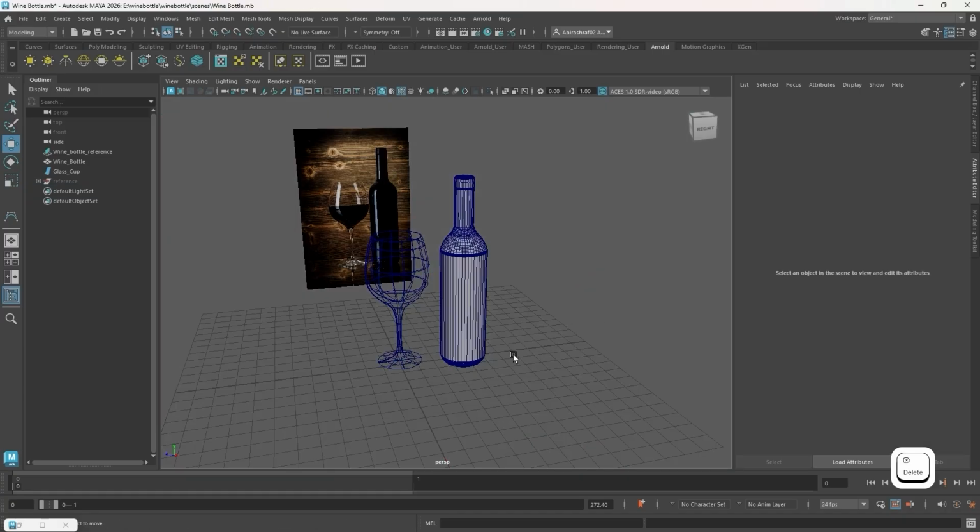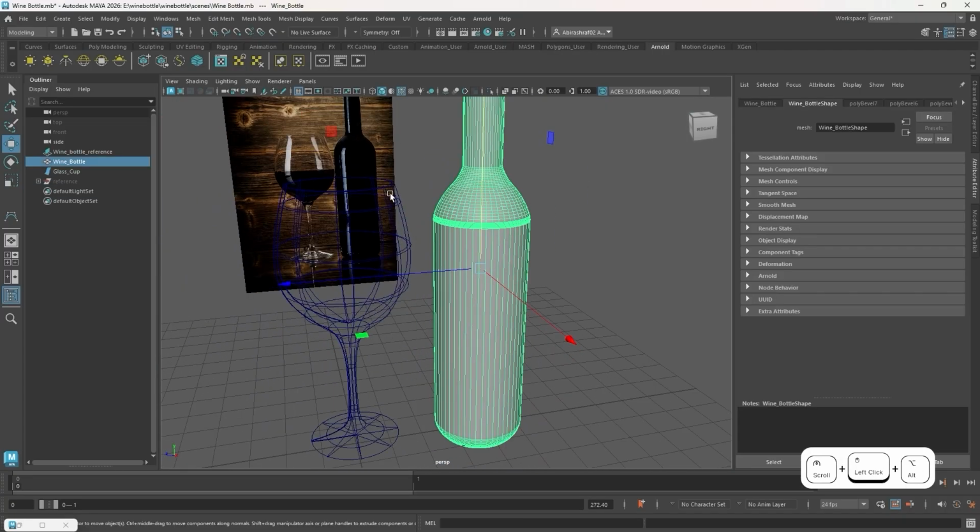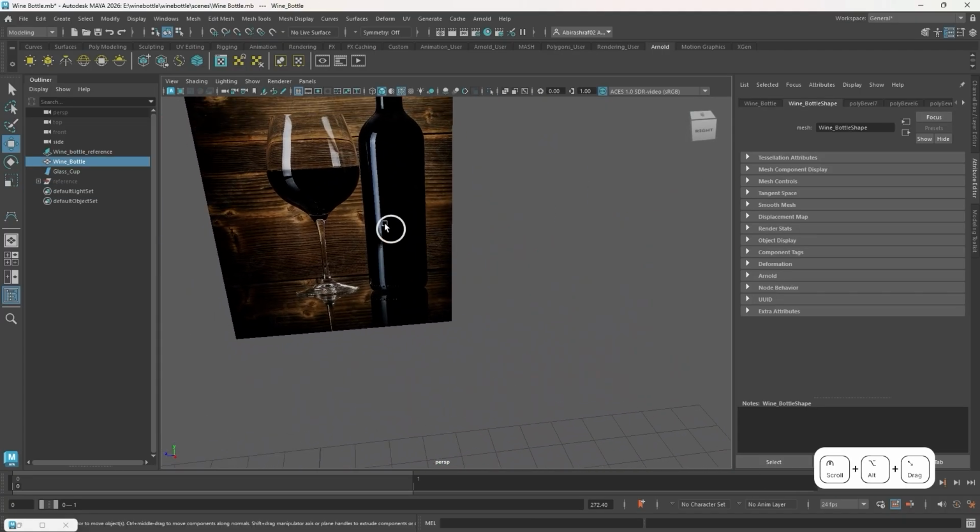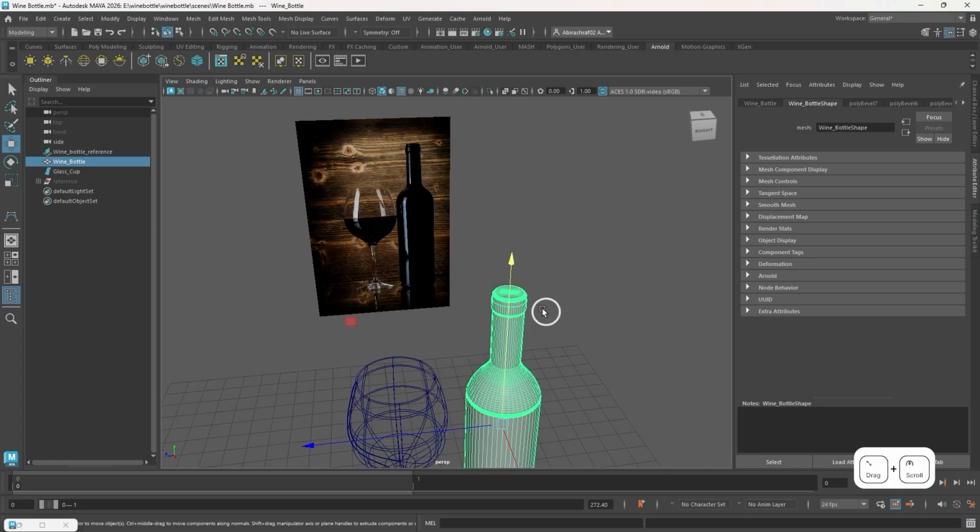But for now, it's in the way. Let's create this wine bottle. Now, this wine bottle is essentially a glass too, but we want to find another way of creating that. And an easy way